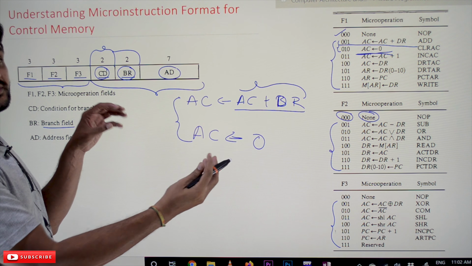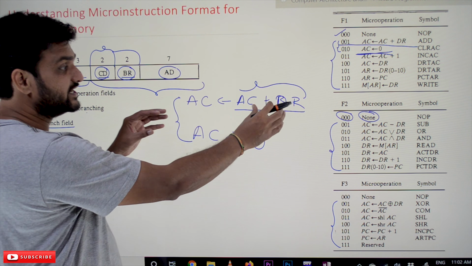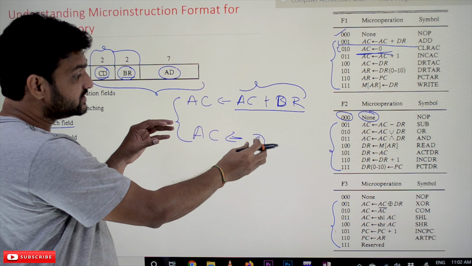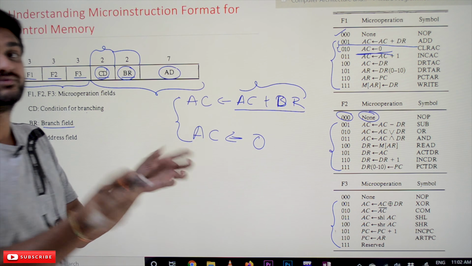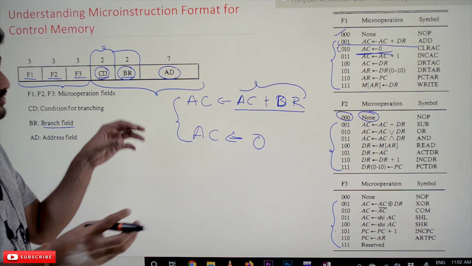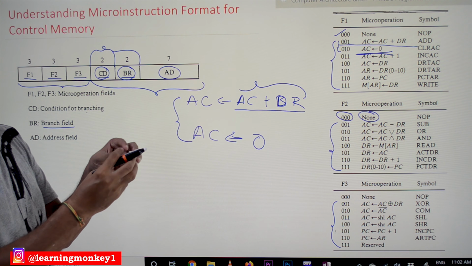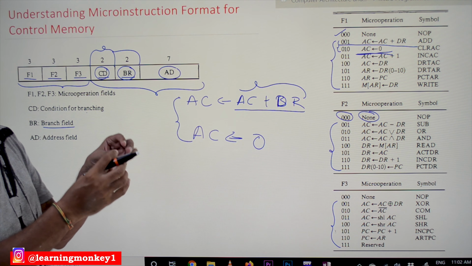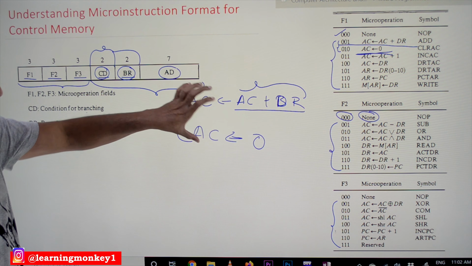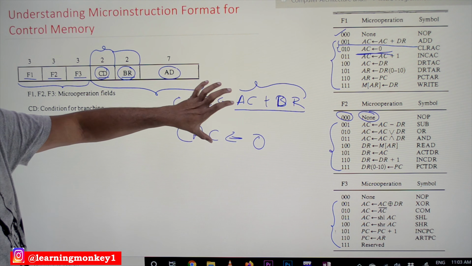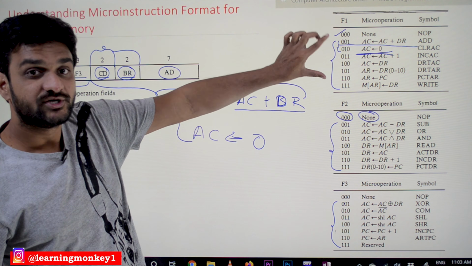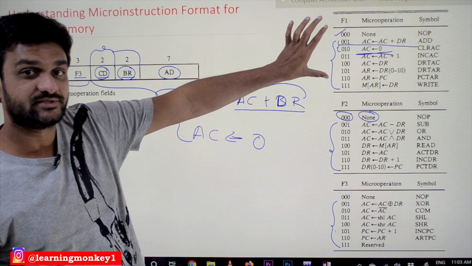With that, what happens? The accumulator value is getting added and stored, and simultaneously the value of the accumulator is becoming 0. So both these operations are getting conflicted. That is the reason why all such micro operations are grouped into one single group. See here.